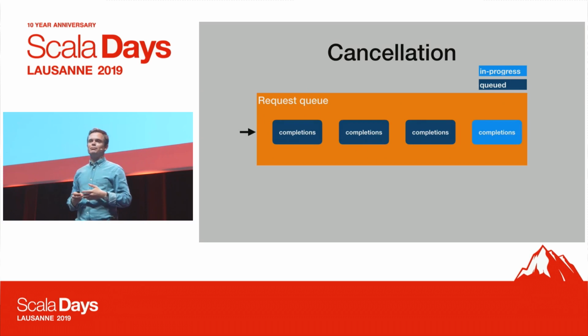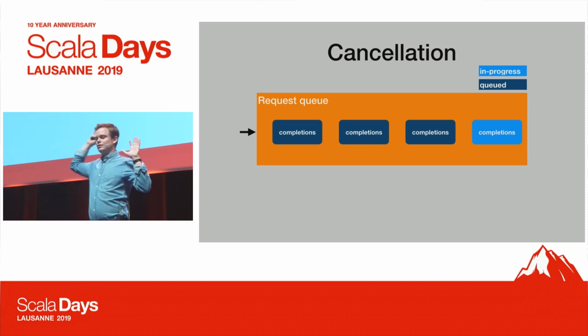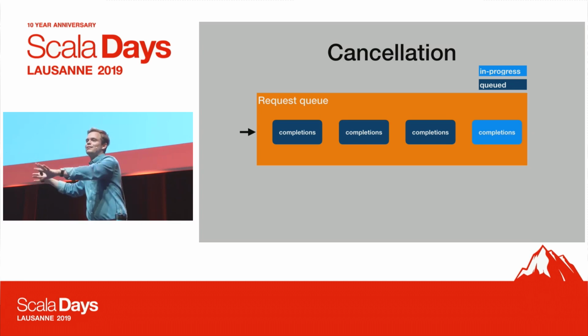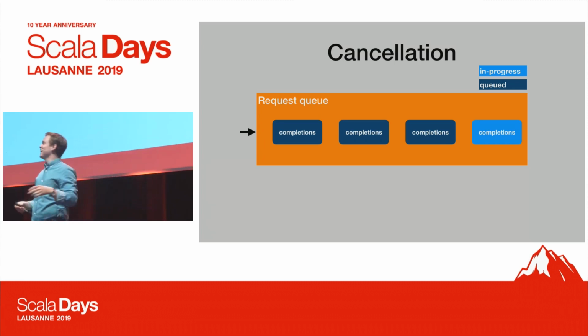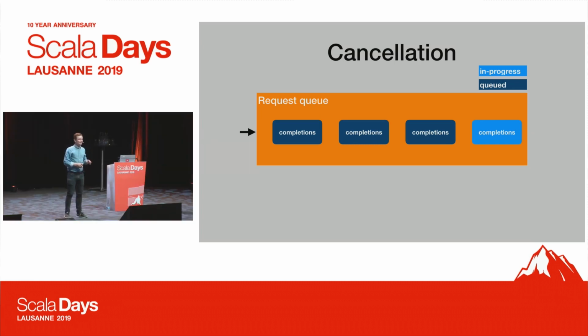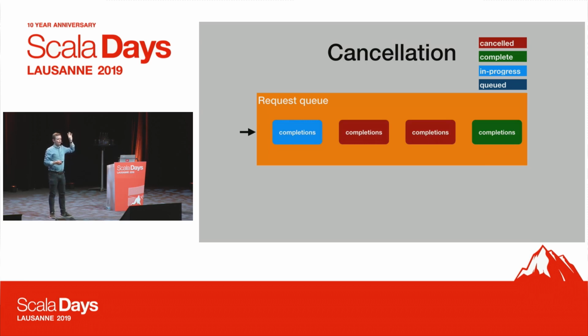Another big win is just by not handling requests at all. That's even better. You go down to 0. So imagine that we have a request queue. I've probably been moving my hands in the wrong direction the whole time because the screen here is flipped. But anyway, the request queue goes this way. And we are responding to the first completion here. And in the meantime, while we're responding to it, the editor sends us 3 new completions. Once we're finished with the first completion, we cancel the 2 that are older and we start working on the latest completion.